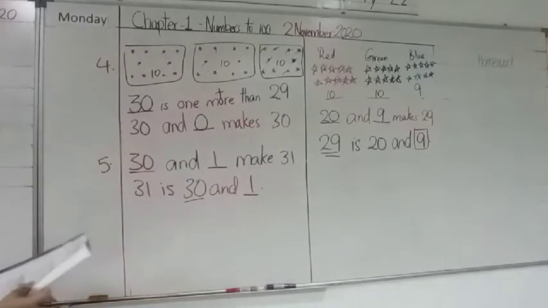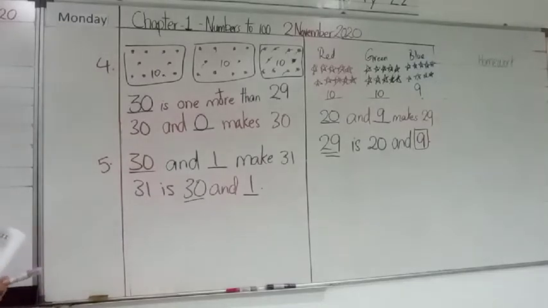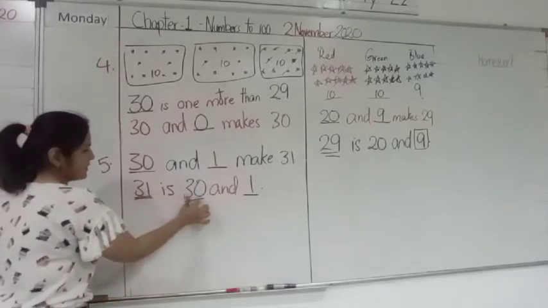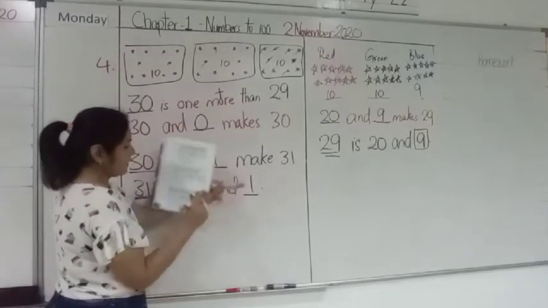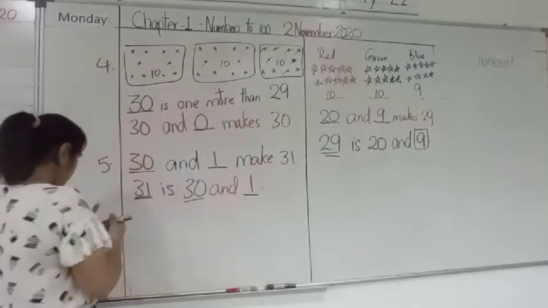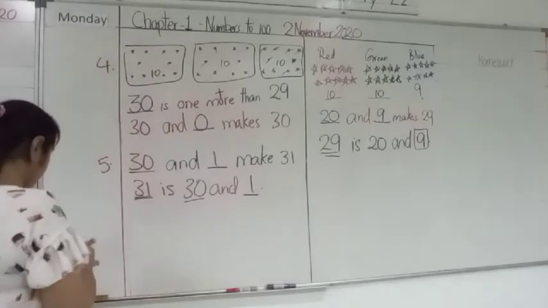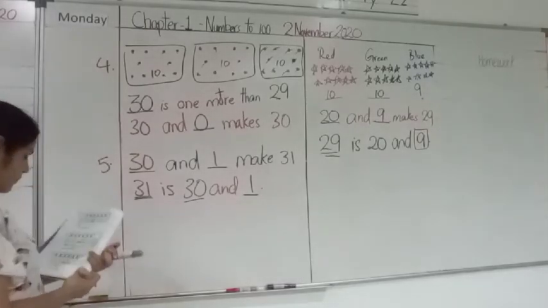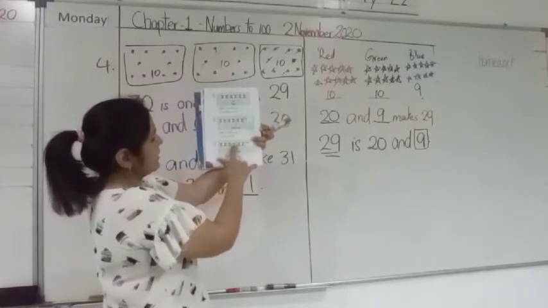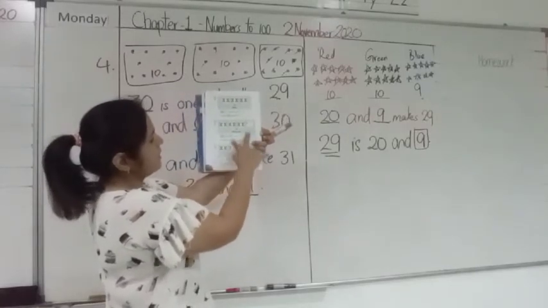Write this please. 30 and 1 makes 31. So 31, when you split in tens and ones, you will get 3 tens and 1 one. Next, number 6. There are dots here. 10, 20, 30. But now in this box here, it was